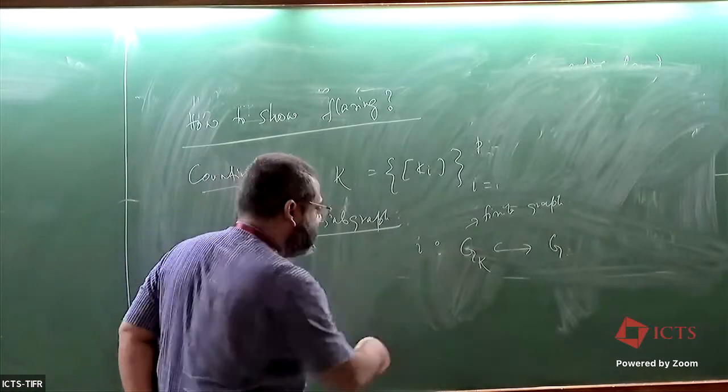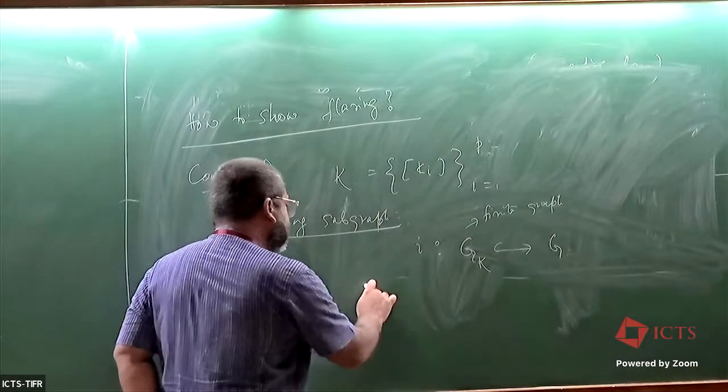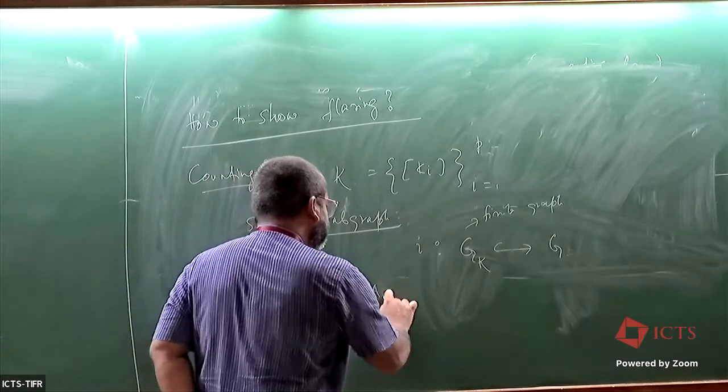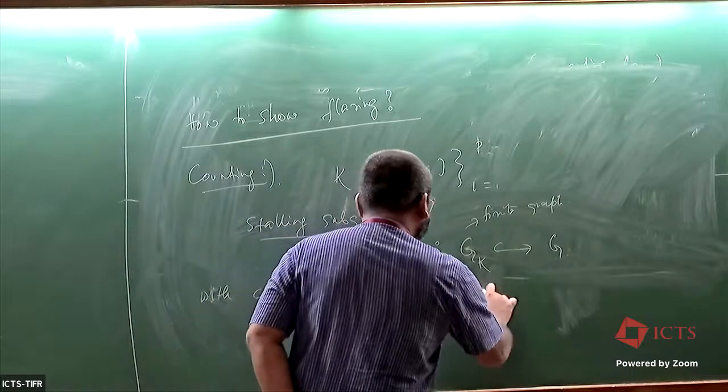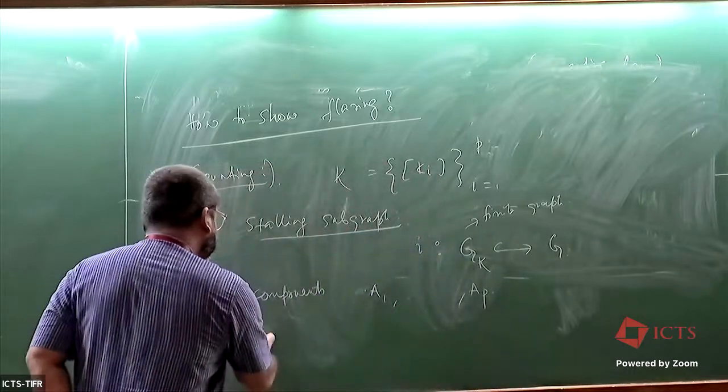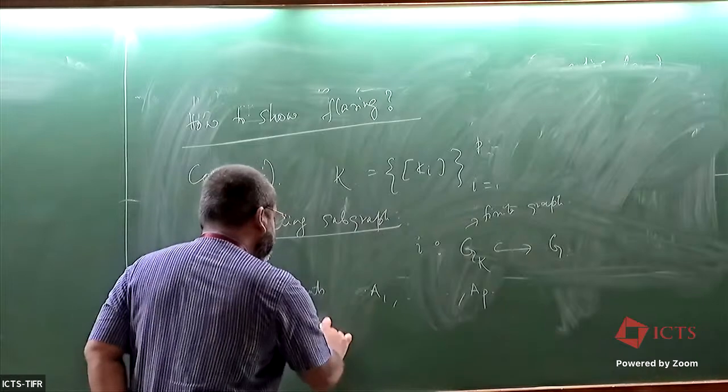These are all core graphs, so there are no valence 1 vertices. Such that the induced map